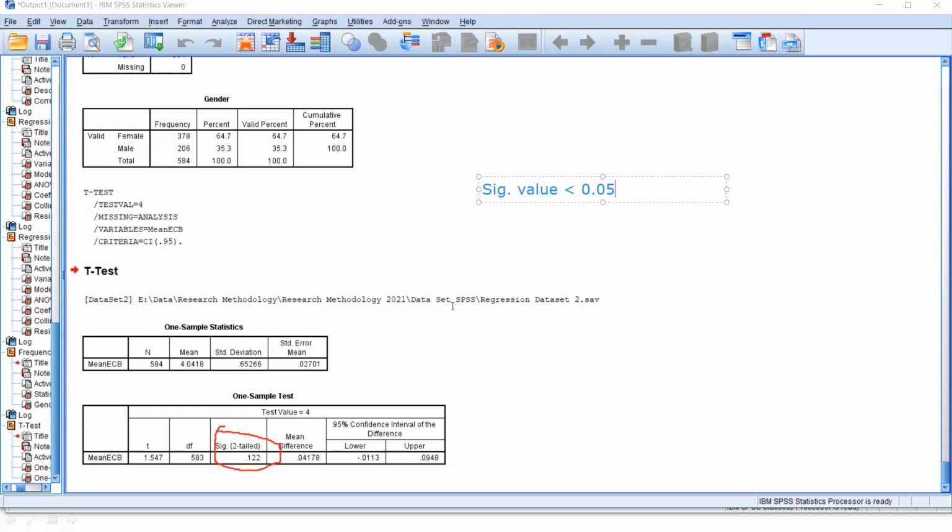But in this case, our sig value is greater than 0.05. So assuming that our H1 says the mean of environmental citizenship behavior of undergraduates